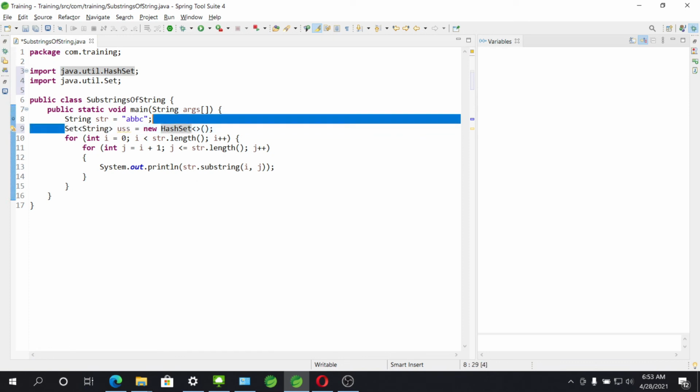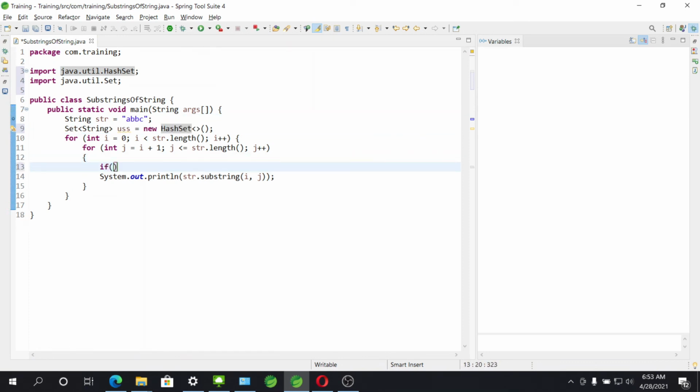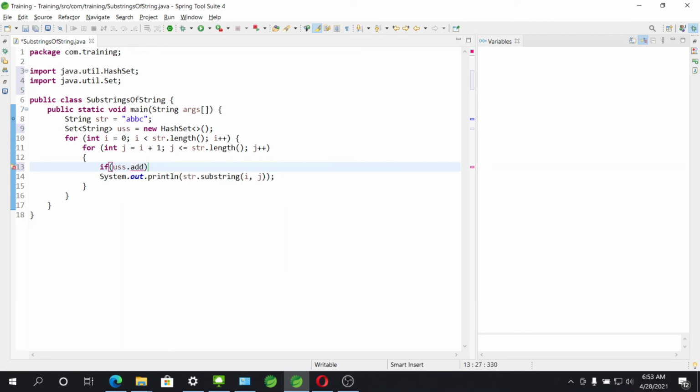We are going to use one property of a set, which says that if there is already an element in the set, it will not add it again and will return false. So we are using that.